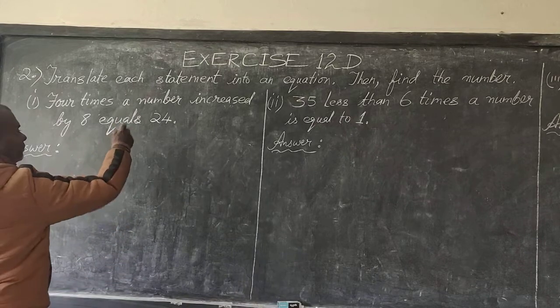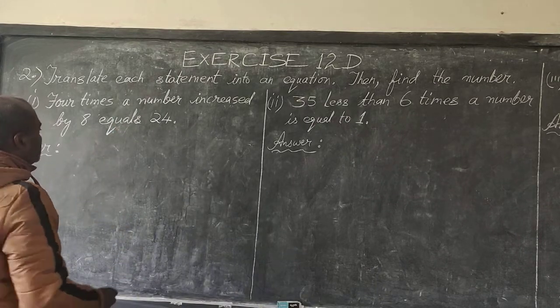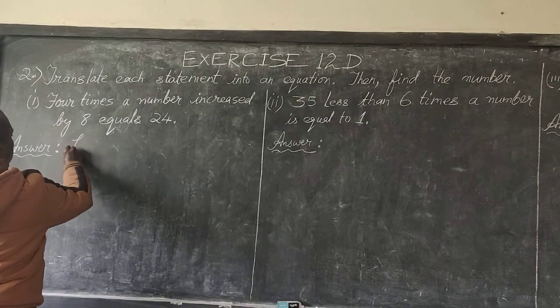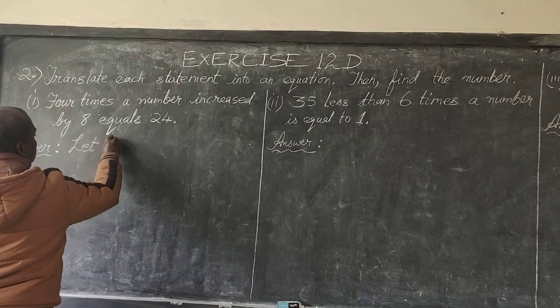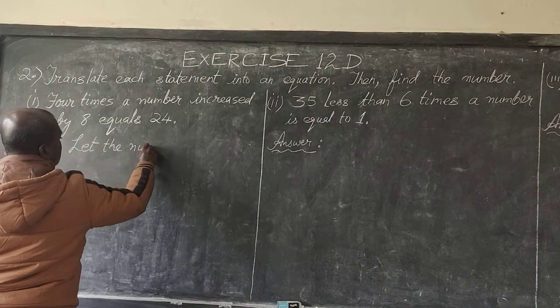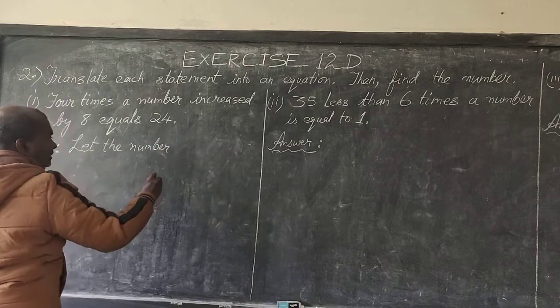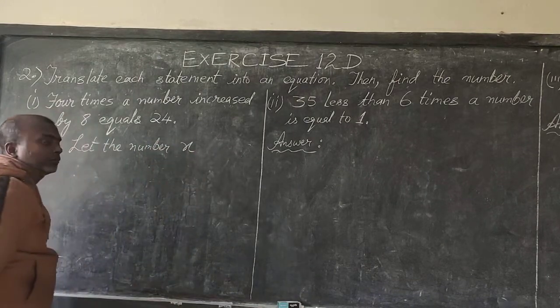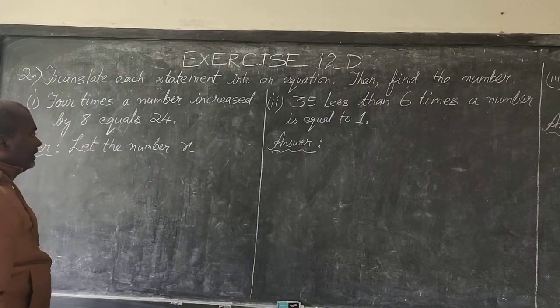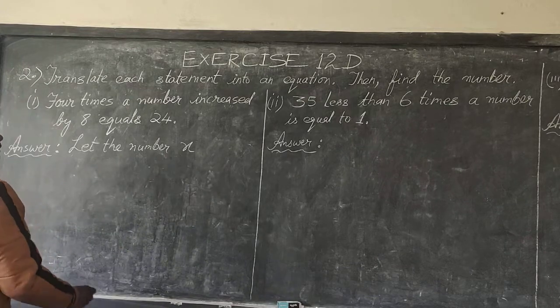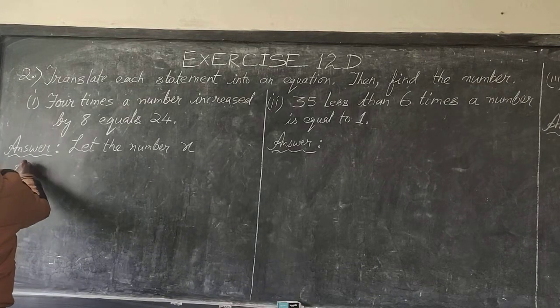So we don't know the number, we have to find the number here. So don't know the number, so let the number be x, or y or z. Any English alphabet letter you can take. I take x. So according to question,